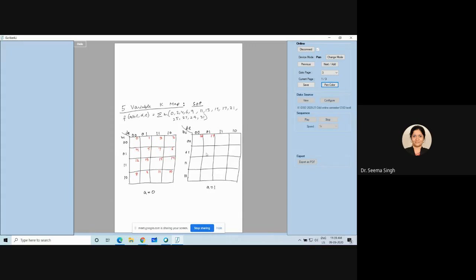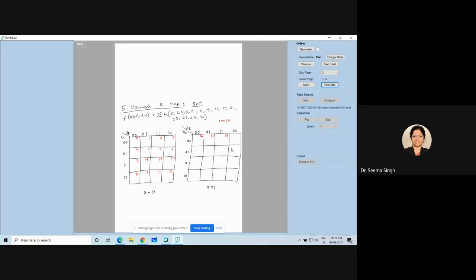And then 1, 0, 0, 1, 1 will give me what? Let me take the last cell of this row. The last cell is 1, 0, 0, 1, 0.